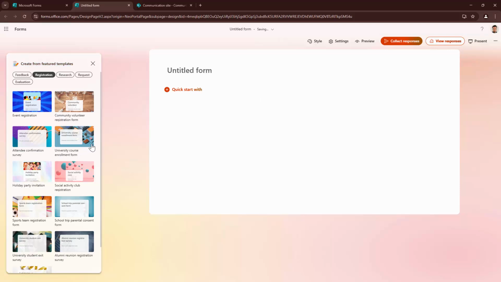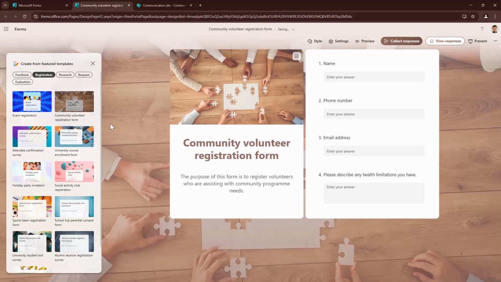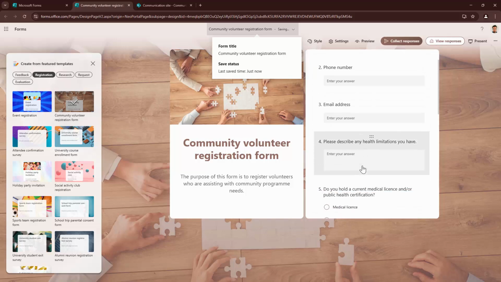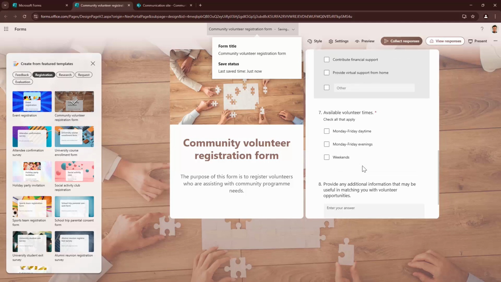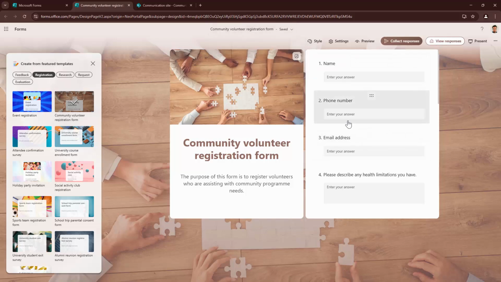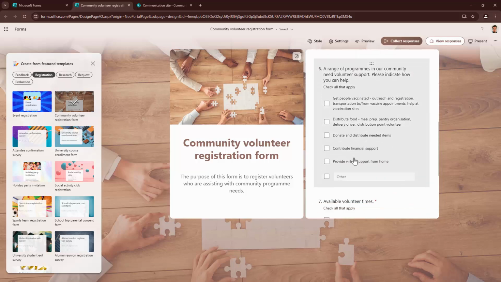And from this registration template, I can select the community volunteer registration template. If you look at this, registration is pretty good. In fact, it's excellent. And here I have got a few questions which need to be answered. So what I can see is you need to pass in the name, which is text. You need to pass in the phone number, email address, multi-line text, similarly choices, multiple choices,